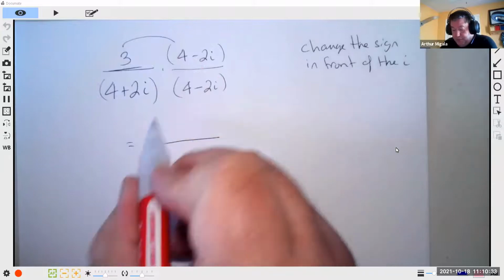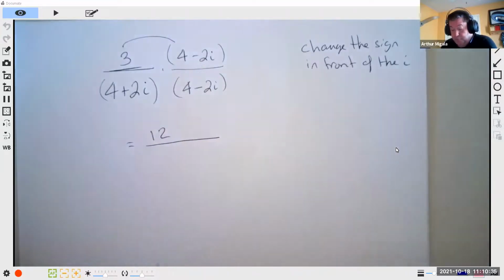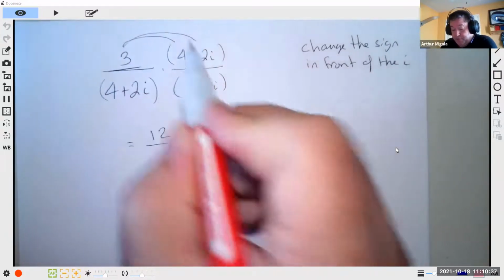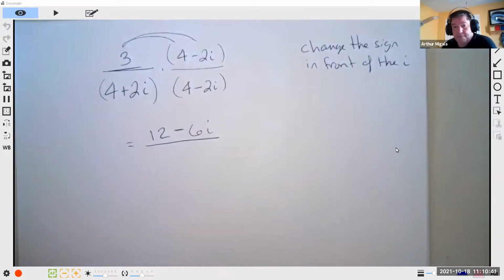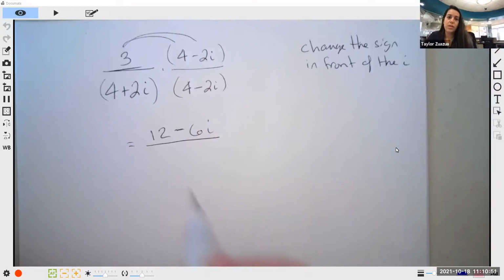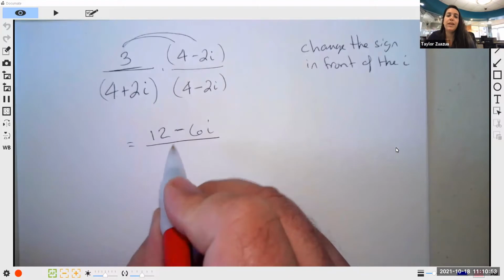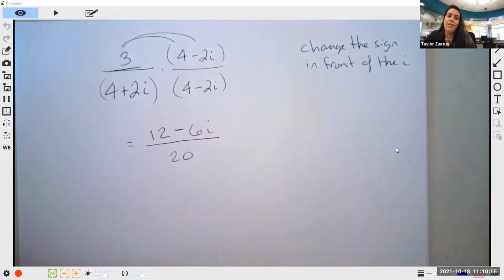Positive times positive, 3 times 4 is 12. Positive times negative is negative, 3 times 2 is 6i. And then do you do the same for the bottom? Would it be like 8? Oh no,